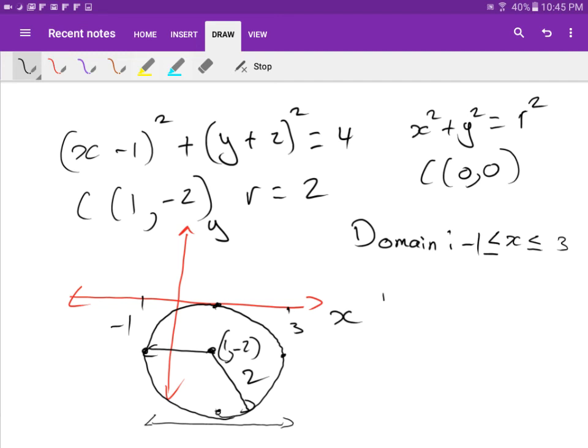So what should the range of this be? The range is the restriction of y. Don't forget, if you're not sure, just draw it. From this point all the way down here, because the radius is 2, you go down 2 more units, so it should be up to here. Sorry, it's negative 4 here. So the range is between negative 4, and y